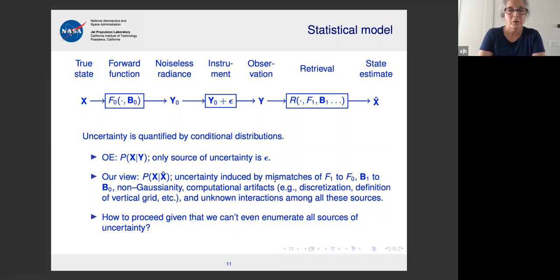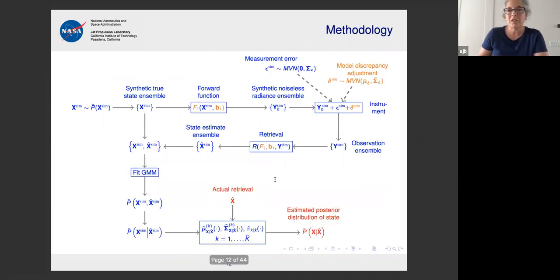We decided to do what I would call a top-down simulation experiment that we've dubbed an observing system uncertainty experiment, which is a riff on something that is known in the remote sensing world as an observing system simulation experiment, which bears a lot of similarities. So here in a nutshell is the basic idea. The top row in this picture is quite similar to the two flow charts I already showed. Let me get that out of the way if I can.